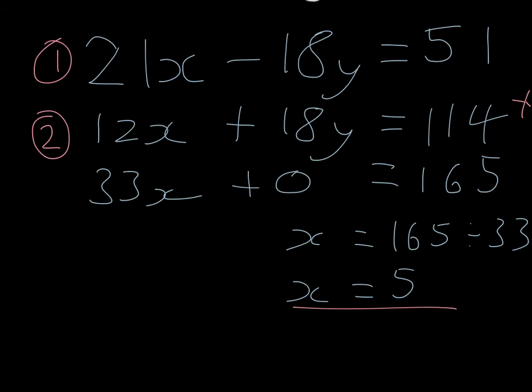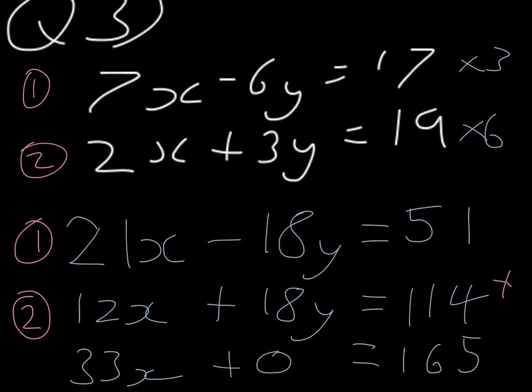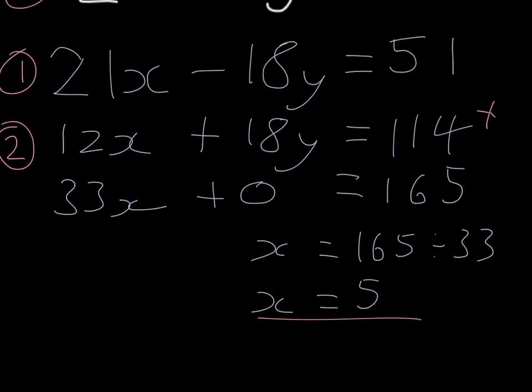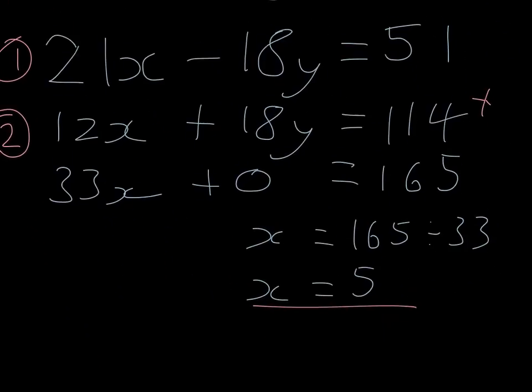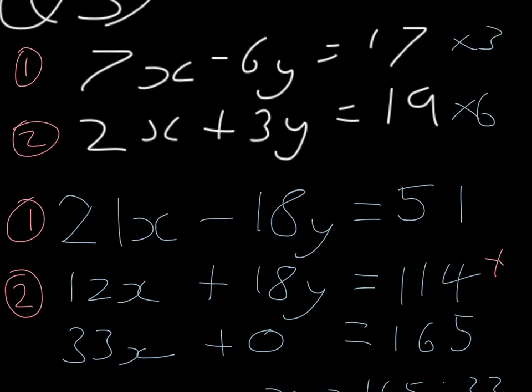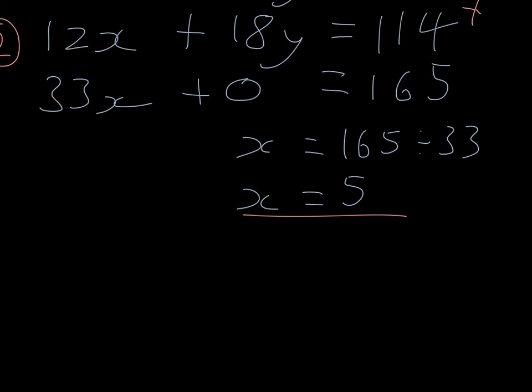And now I'm going to go back to one of my original equations up here and substitute in. I'm substituting the x in, but really I want to choose the one where there's a positive y, just so that I don't have to deal with dividing by a negative. It will still give me the same answer, whichever one I substitute into, but I go for the one with a positive y. So 2x plus 3y equals 19, and that's equation 2 that I'm using. So equation 2